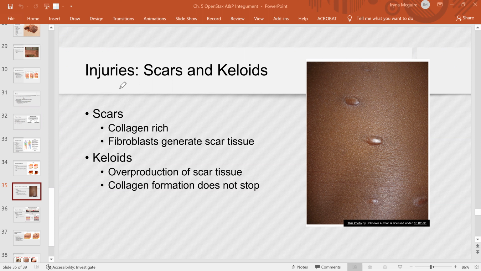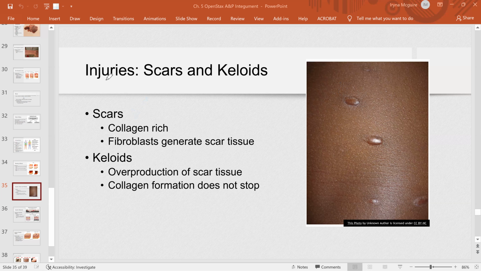Injuries. So we are in homeostatic imbalances and diseases of skin. So scars and keloids. So we talked about fibroblasts that generate scar tissue whenever you repair your dermis. All right, so that's what forms scar. Keloids is overproduction of scar tissue when collagen formation does not stop. And then you see this scar on the surface of